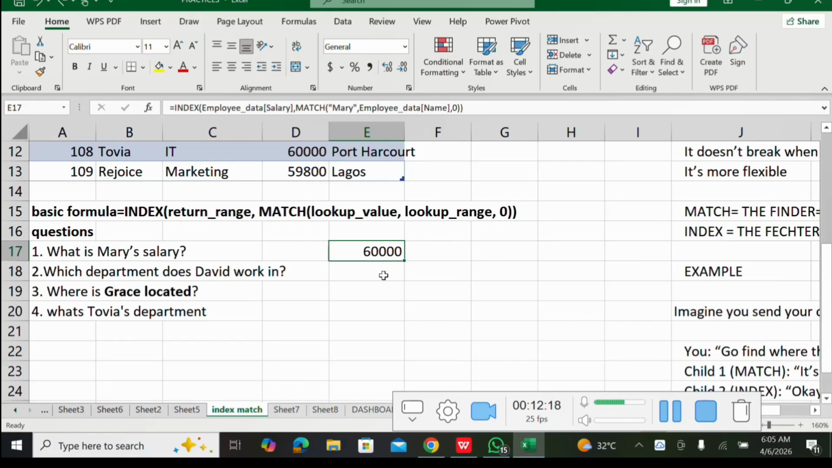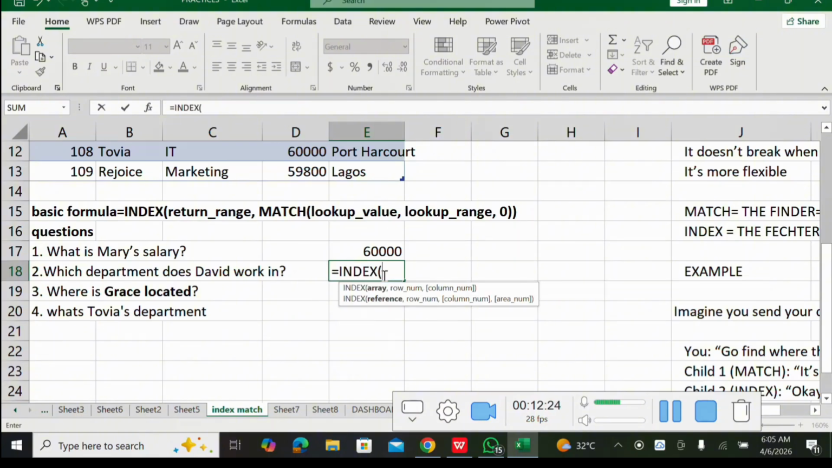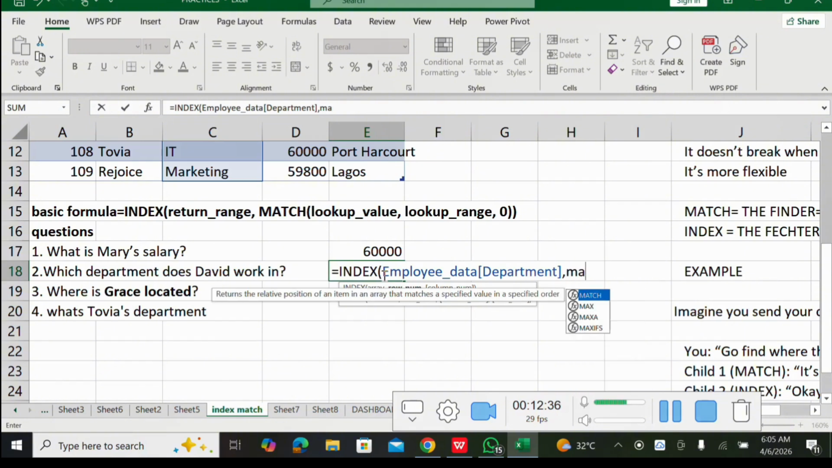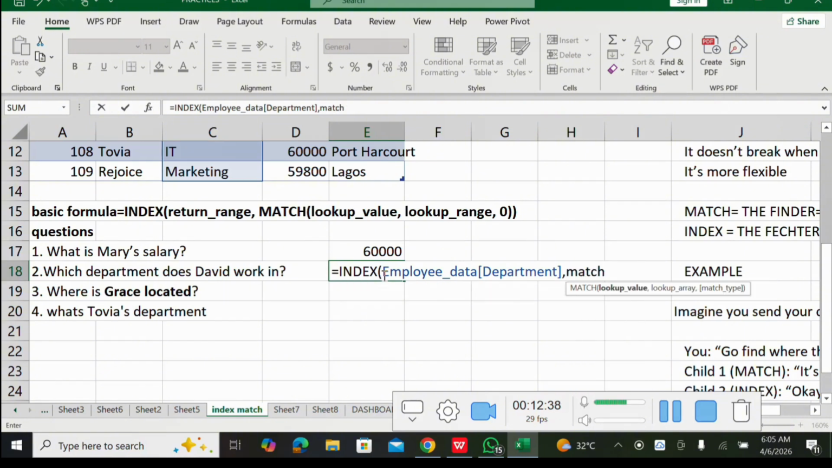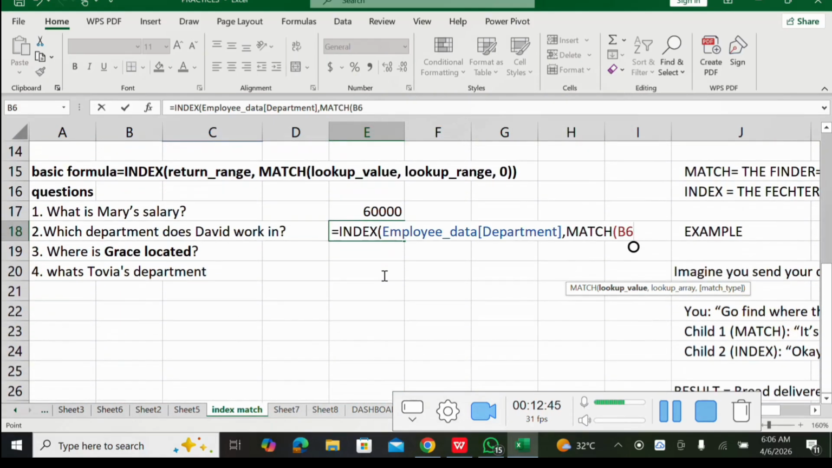What is David's department? So equal to INDEX, department. So we are referencing department, employee data, open a square bracket, select department, then close it, comma, then MATCH comes in. And what are we looking for? We are looking for David. We go to the table and select David's name, comma,